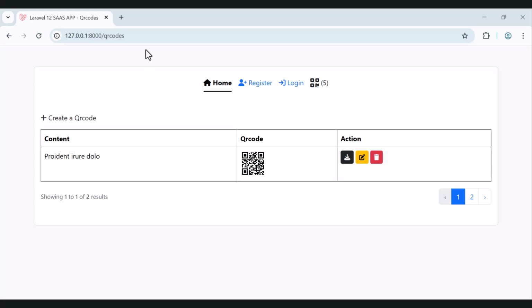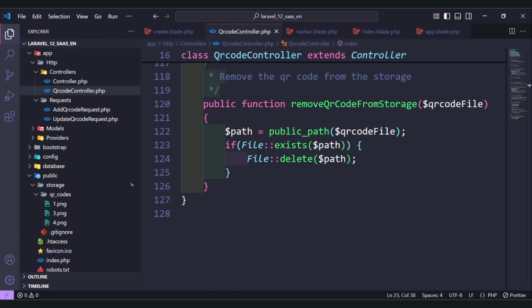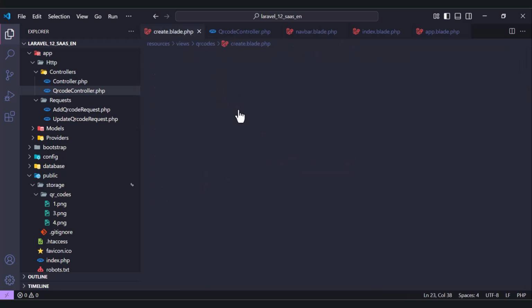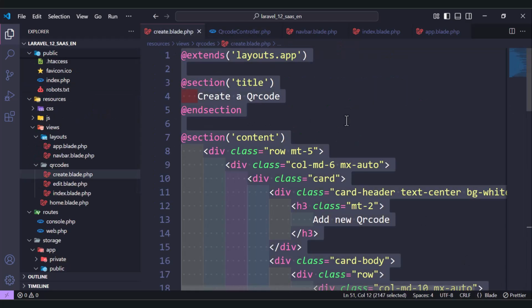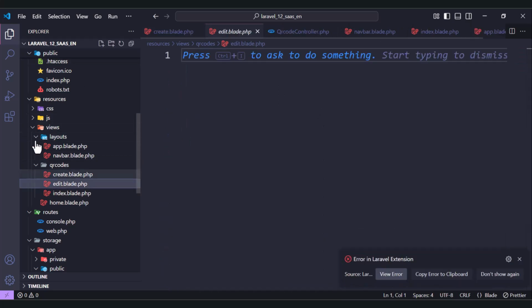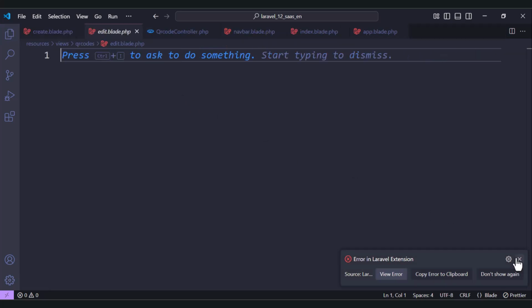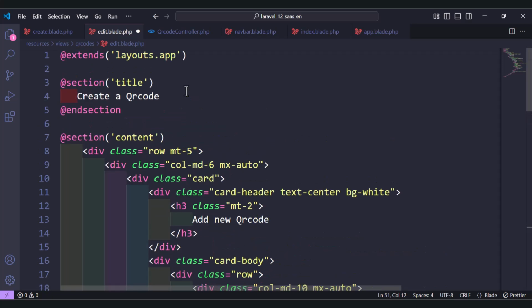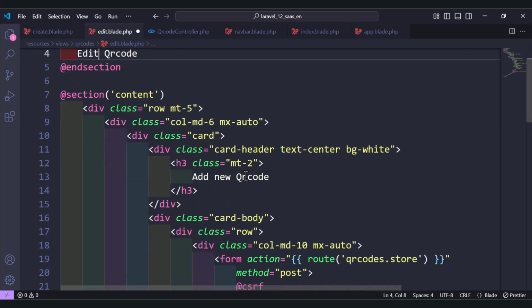So the edit will be the same as create. The only thing, let's copy from create and paste inside. So here is edit. So we paste here inside edit, and let's change it from create to edit, and here also edit,